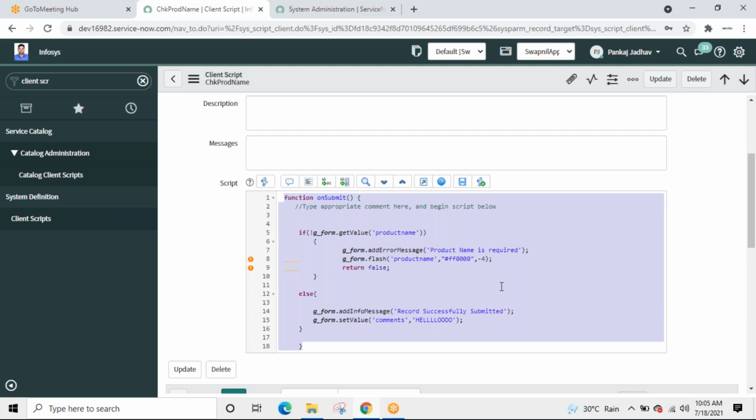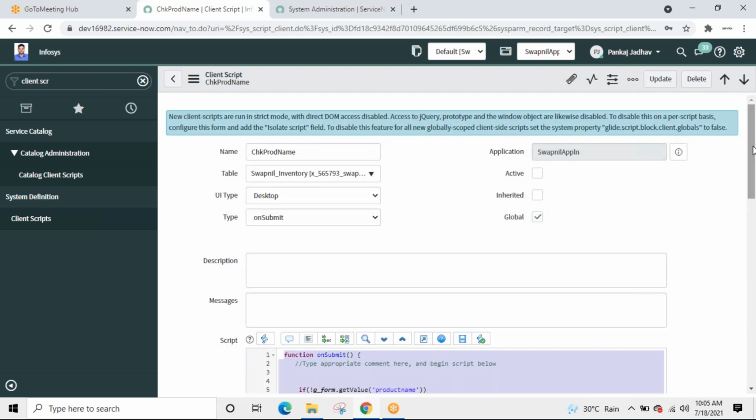Correct? To hide a field, to show a field, to set any value to a field, right? We have to write a script to make it work. So for basic things like hiding a field, showing a field, setting it mandatory, setting it read only, read write. Do we have anything in ServiceNow, like without writing a piece of code, we can make it work? Yes, we do have. And that is a UI policy.